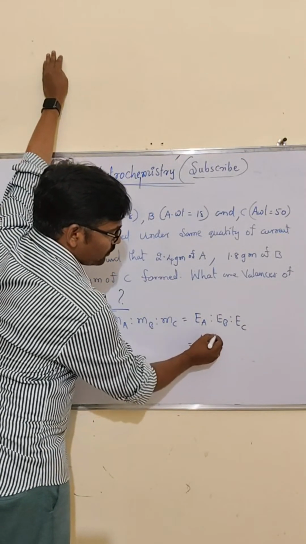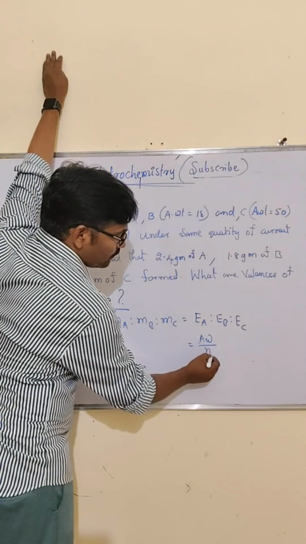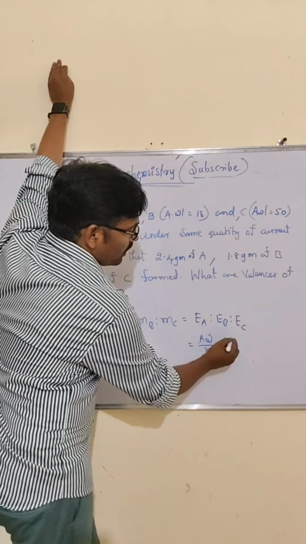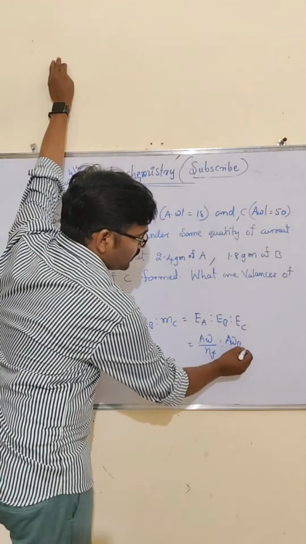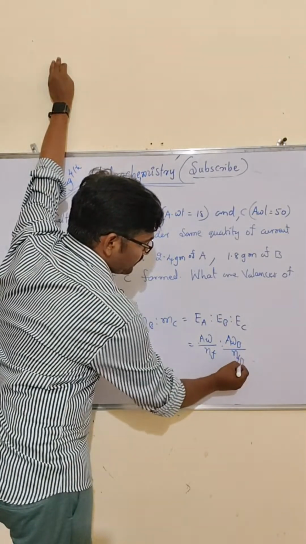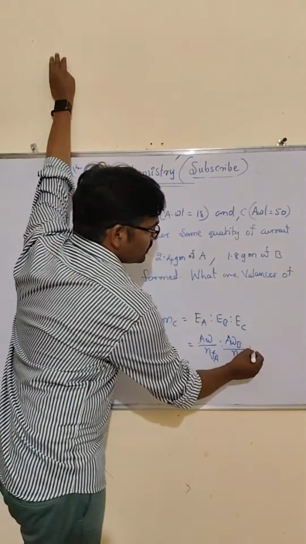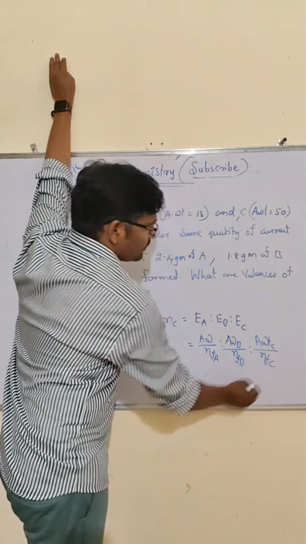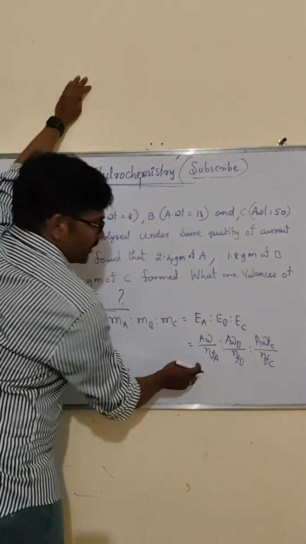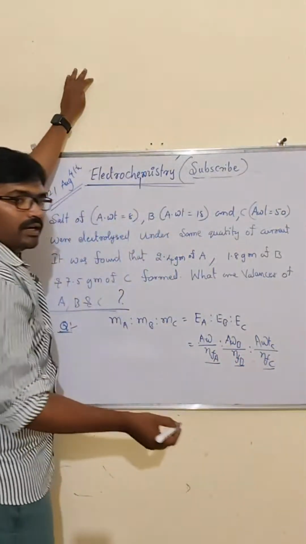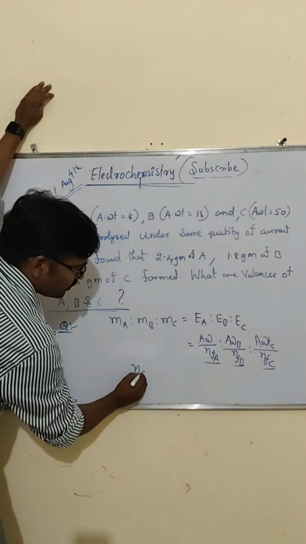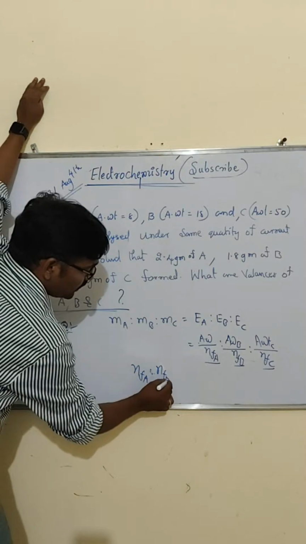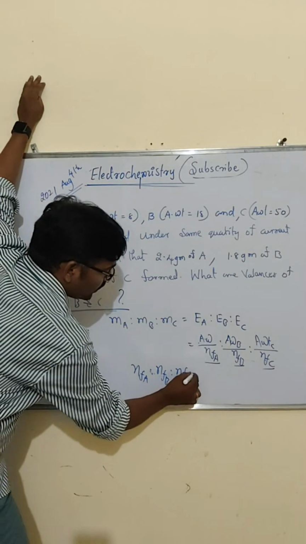Atomic weight of A divided by n factor of A is to atomic weight of B divided by n factor of B is to atomic weight of C divided by n factor of C. So now we need n factors, and n factors mean valences. So n factor of A is to n factor of B is to n factor of C equals